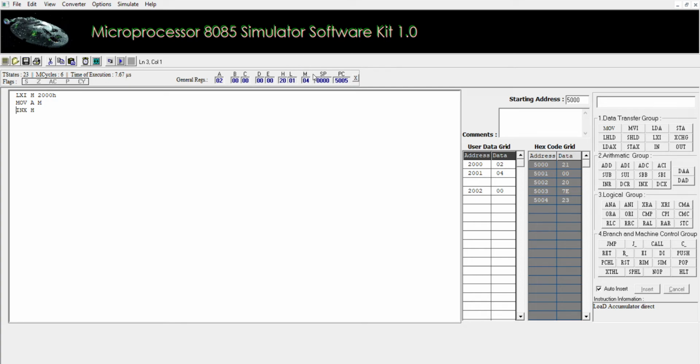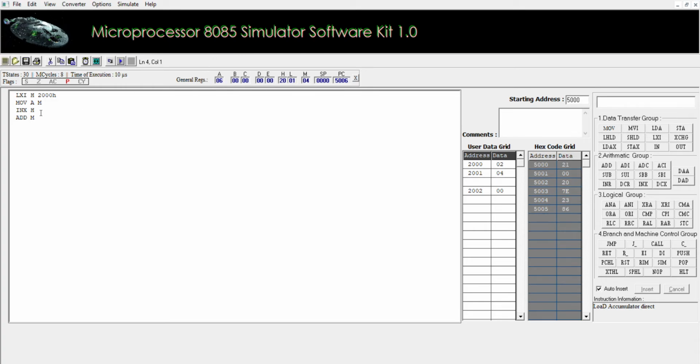Now we have to add both the data of the accumulator and the data of M. So we use the instruction ADD M. We run the program. The answer is 06.